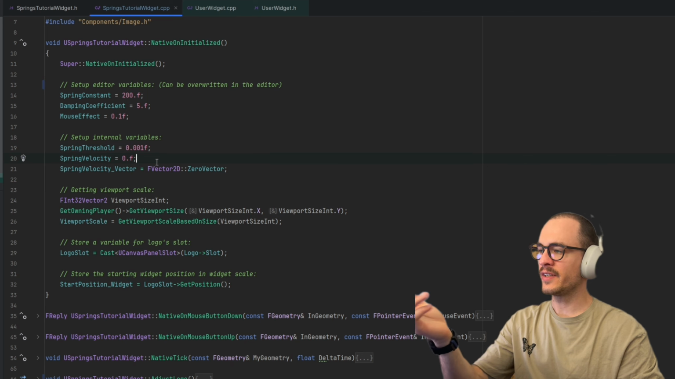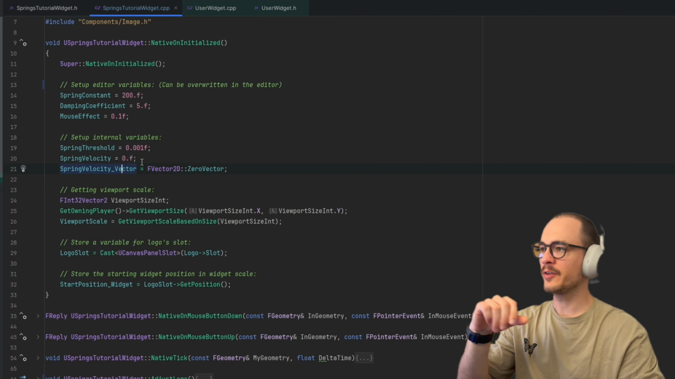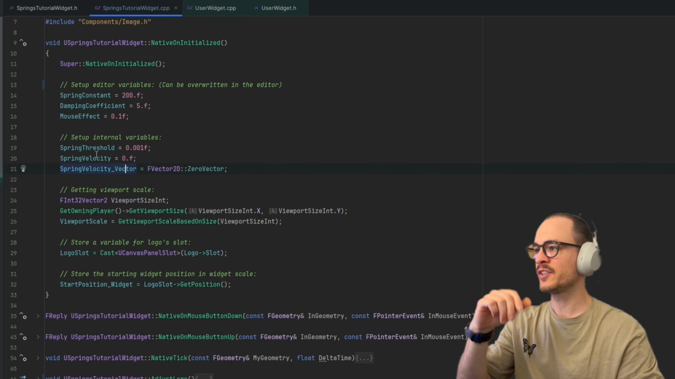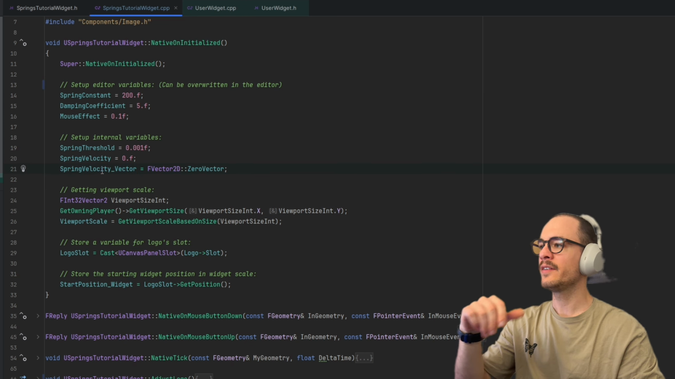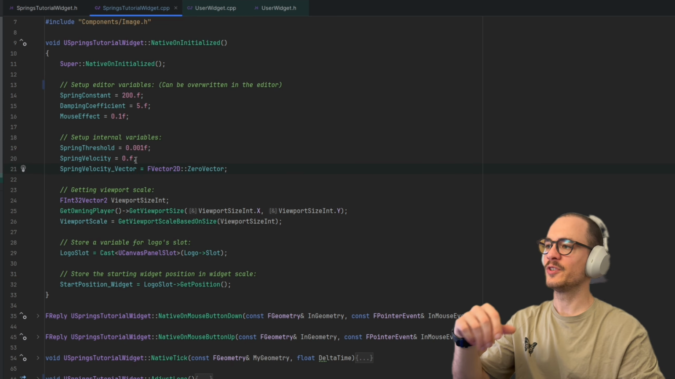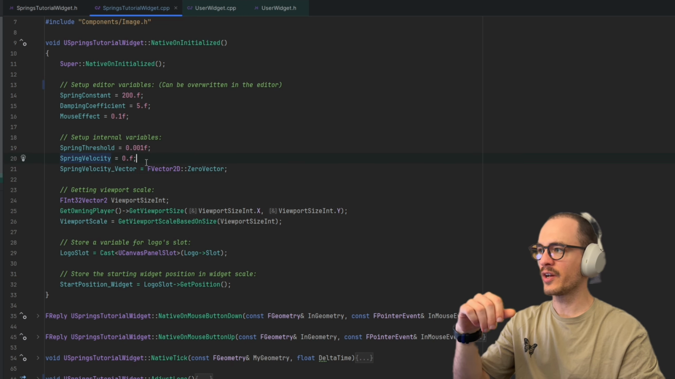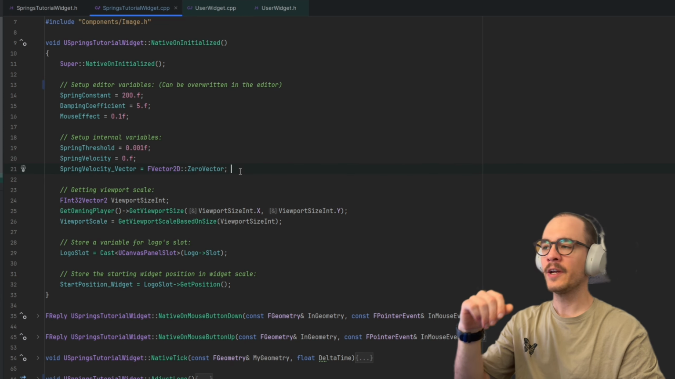The spring velocity is 0, the start value of the velocity each time we start a simulation. It's going to be reset to 0, and we've got a spring velocity vector, which is just a vectorized version of the float value here, which we're going to use